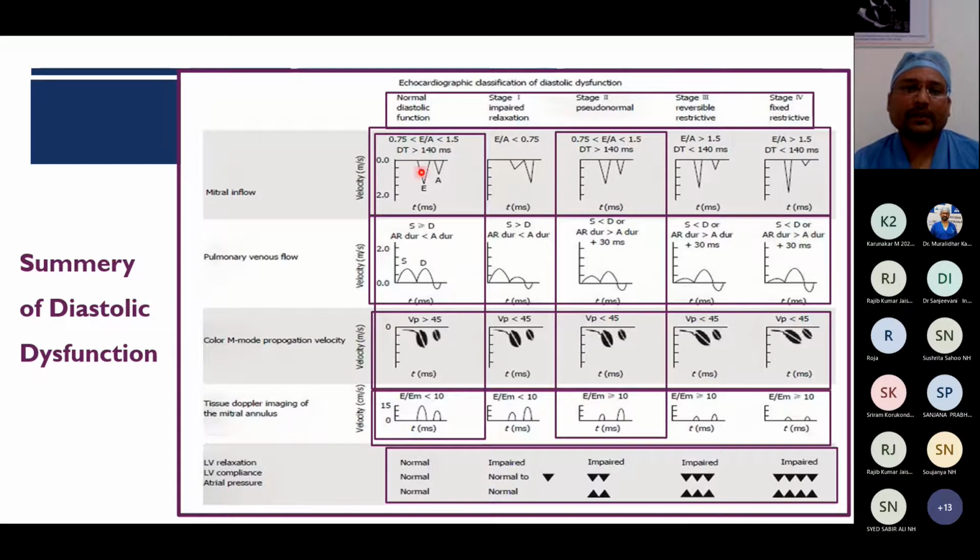So don't go by only one method, that is mitral inflow. Add the pulmonary venous Doppler and easier methods like color M mode propagation velocities to differentiate between the normal and the pseudo-normal pattern. All in all, diastolic dysfunction is very important in assessment, as sometimes, for unknown reasons, LV function is good, but patients are not doing well. So you have to consider diastolic dysfunction as a differential diagnosis for the non-well-behaving patient, and we have to treat the diastolic dysfunction accordingly.